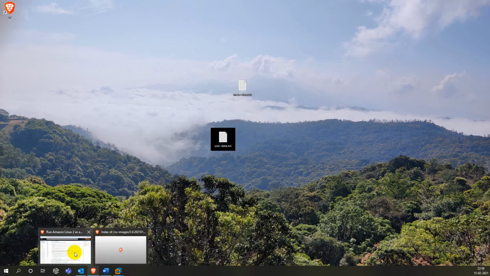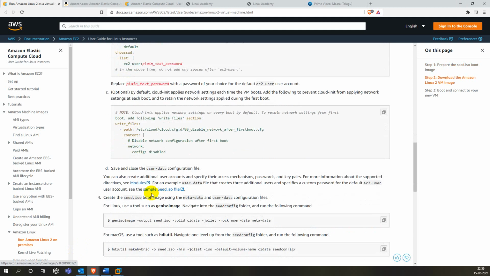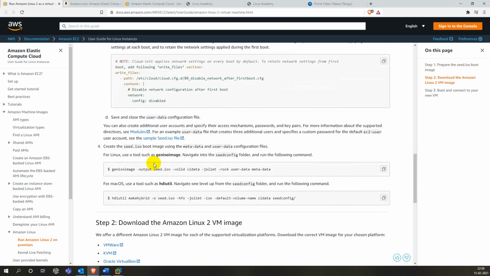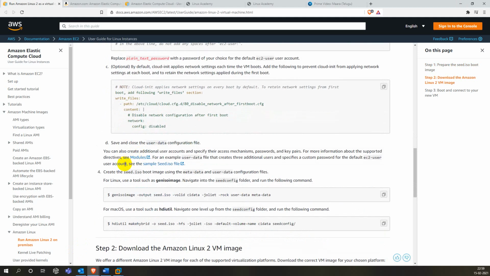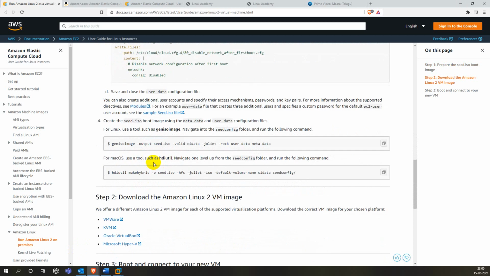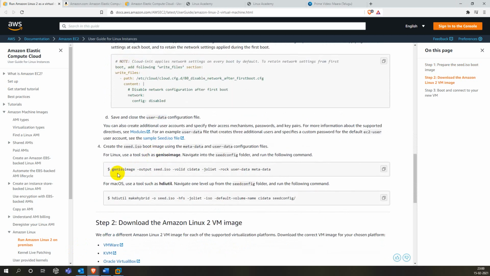Now the next thing, we need to create a seed. These are the basic configurations. If you want more configuration details, you can go to this link. You will get other sample files there with many other settings. You can see that one, and you can also see the modules, what the supported ones are here.